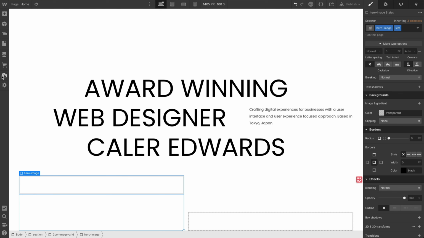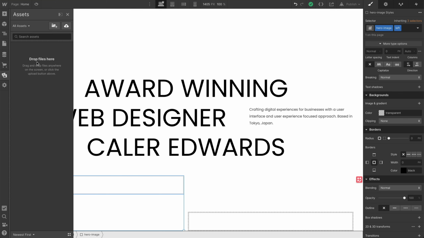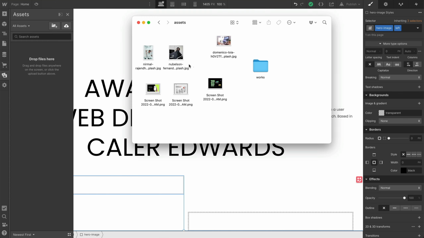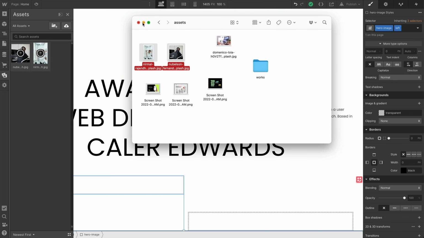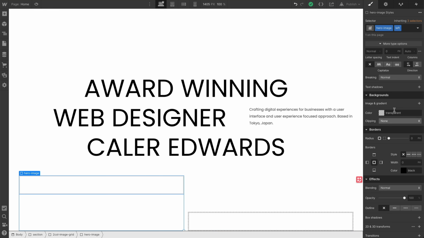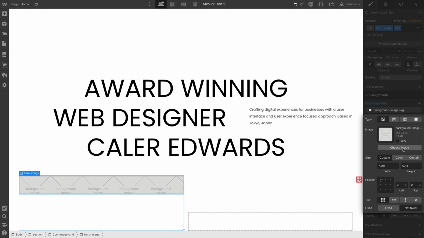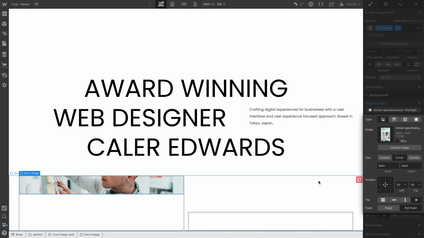So on the left, we're going to need to apply our background image now. So let's go to our images, and I'm going to upload our images. So I'm just going to drag these stock photos and drop them in, and they'll upload. Then we can close that. So on the left, we'll hit the plus, choose image. We'll grab that one, and I'm going to center this. It's going to be cover, no tile. So we'll click the X, and then you can see it's kind of clipping the face off, but that's fine